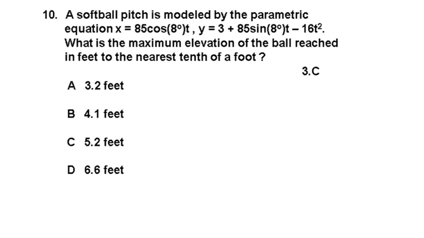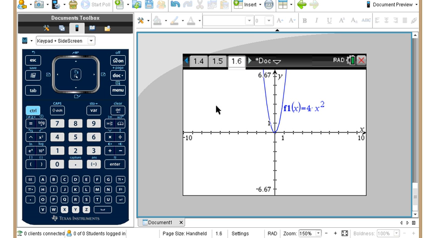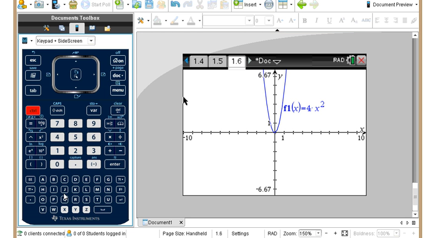Next, 10. A softball pitch is modeled by the parametric equation x equals 85 cosine of 8 degrees t, y equals 3 plus 85 sine 8 degrees t minus 16t squared. Normally I like to have these equations entered in advance to save time, but I want to show a little nuance here about how to enter this degree and how, if you don't enter it properly, you can be in trouble. So I go to Control I,